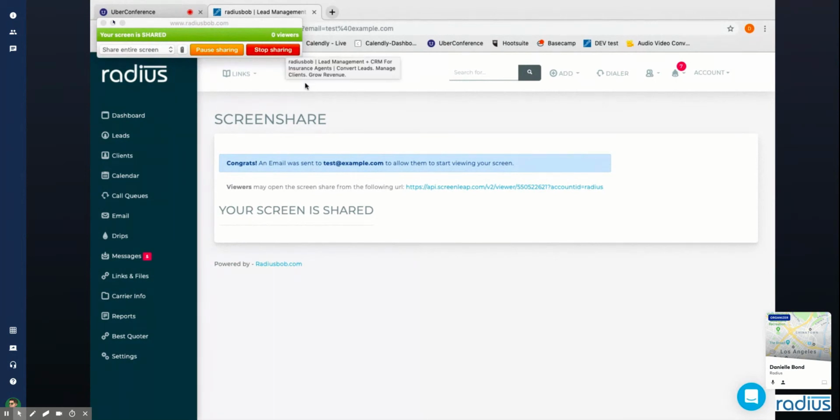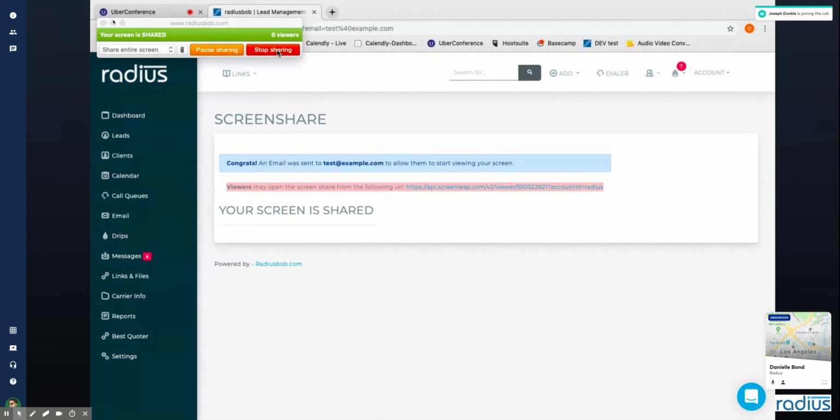But your lead or client will then be able to click on the link, and the link is also given for you right here if they didn't receive the email for some reason. So this link is right there for them to click on to view your screen until you hit stop sharing. Now it is one-way directional only, so they'll only be able to view your screen. They can't share their screen with you, but it's a nice free feature that some people just haven't been aware